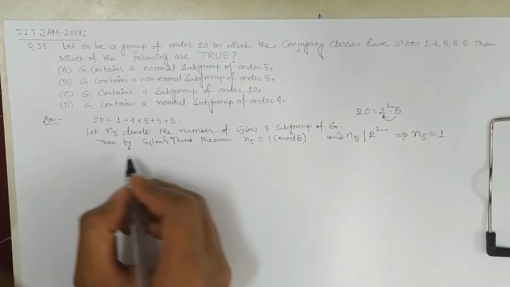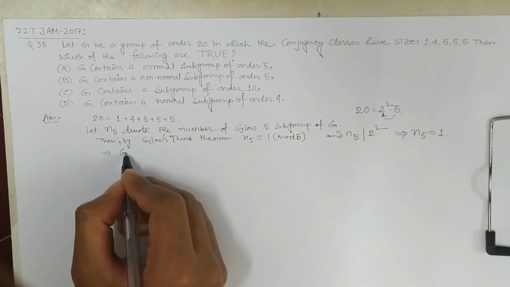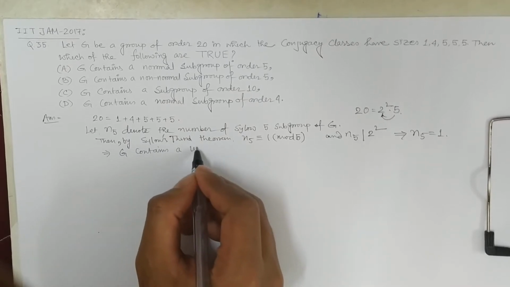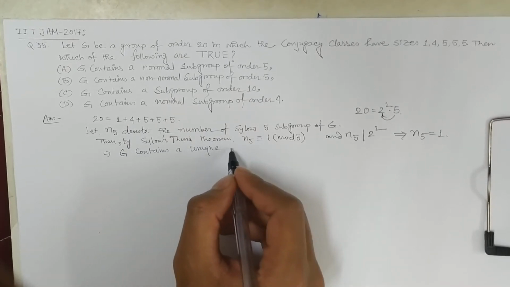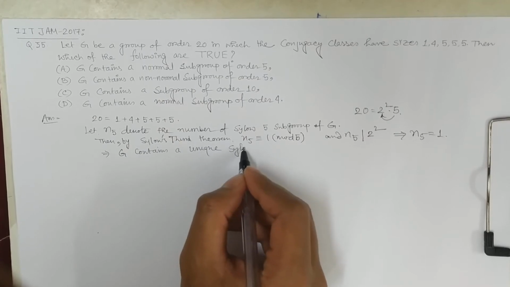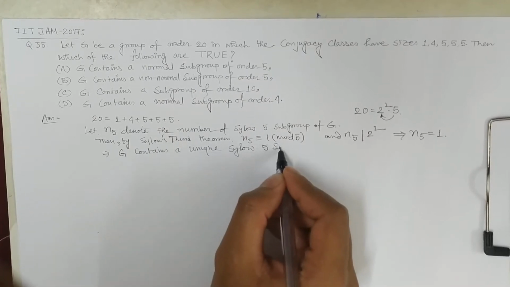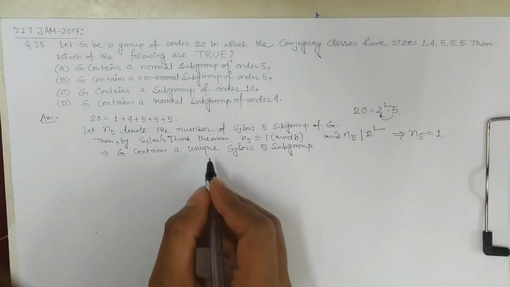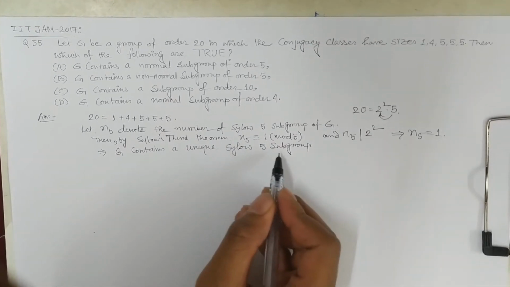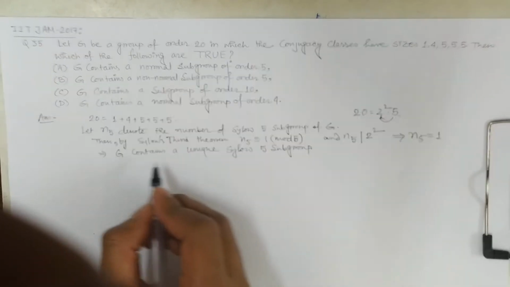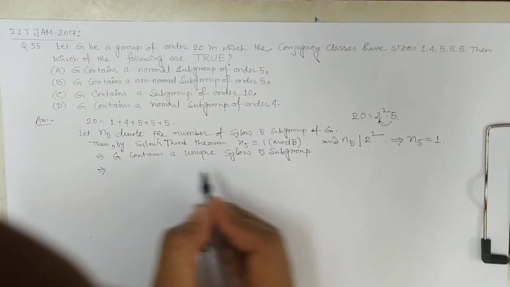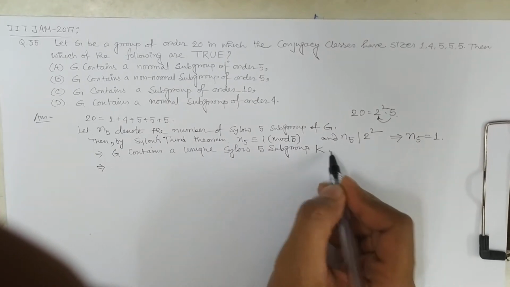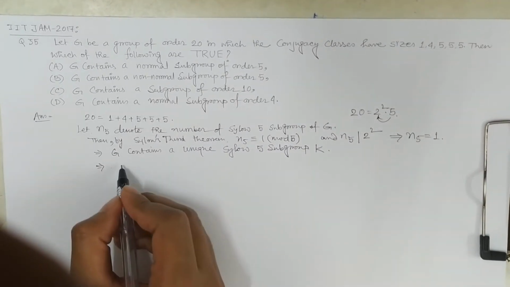So G contains a unique Sylow 5 subgroup, and we have a theorem that a Sylow P subgroup is unique if and only if it is normal. So for the Sylow 5 subgroup, suppose its name is K, then